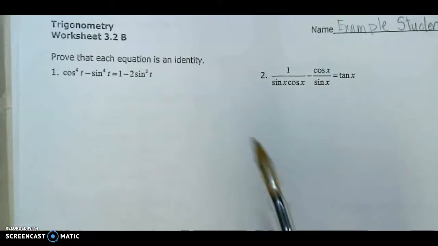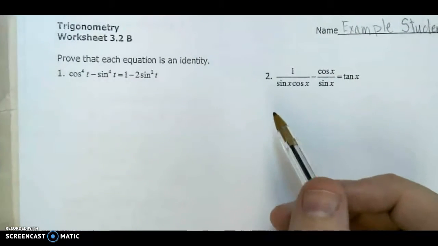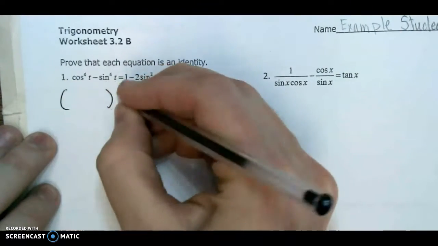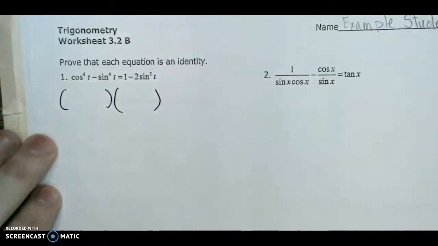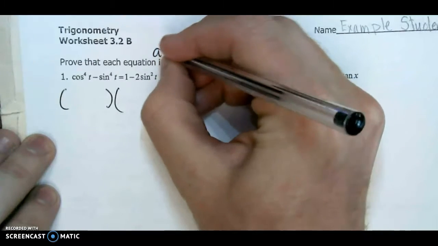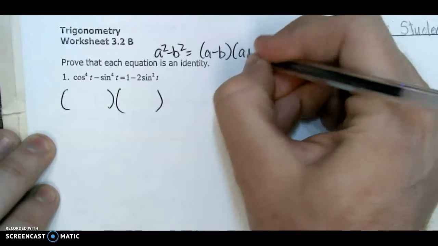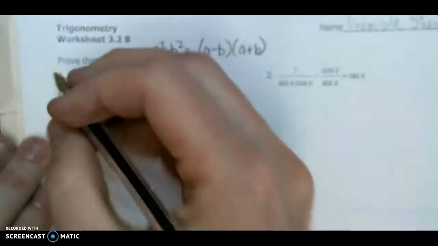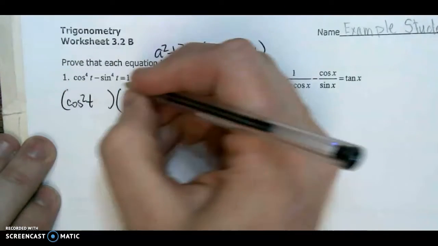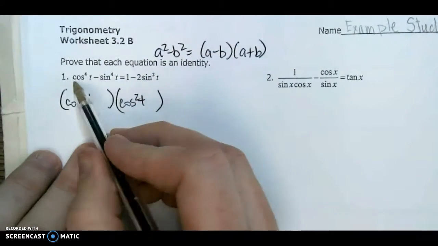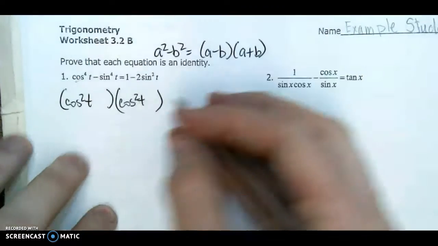In number one, I see higher exponents. So what I'm going to do is split this into two parts. We're going to factor difference of two squares, which is a squared minus b squared equals a minus b, a plus b. And so this will be cosine squared for cosine to the fourth. And then this will be, I need more room,